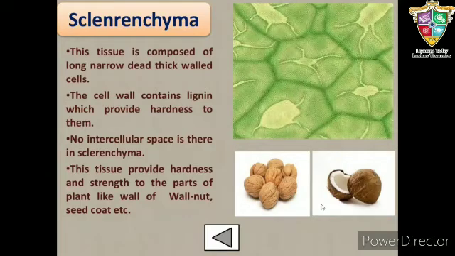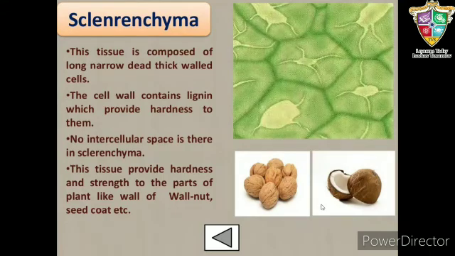Sclerenchyma is abundantly found in patches or in definite layers. They are found in stems, roots, veins of leaves, hard covering of seeds and nuts. The husk of coconut is made up of sclerenchyma tissue. Sclerenchyma is also found in pear and guava, where it provides crunchiness to these fruits. Functions: sclerenchyma is dead mechanical tissue which protects the plant.